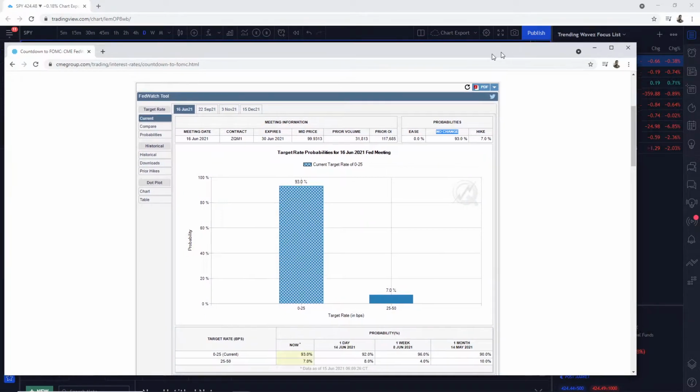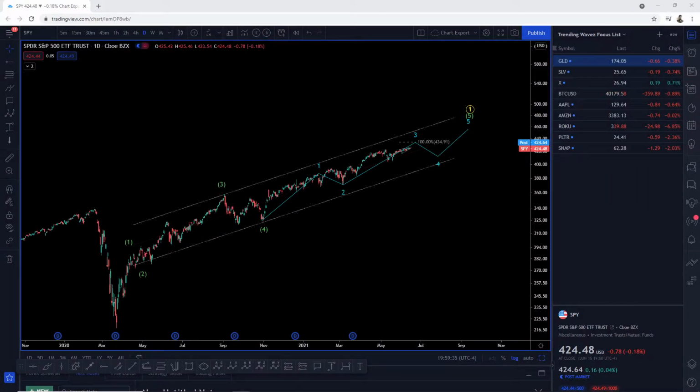But what's key tomorrow is that traders will be listening closely to comments on inflation and anything regarding the eventual tapering plans. Those will be key words to watch out for, as any of those could trigger movement and volatility in the markets. So, reviewing our S&P wave count, we are tracking a top here in the wave 3 of